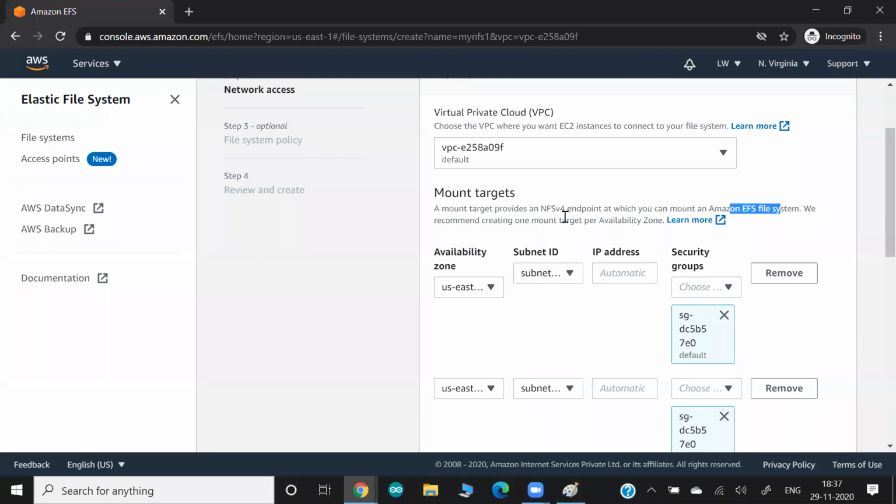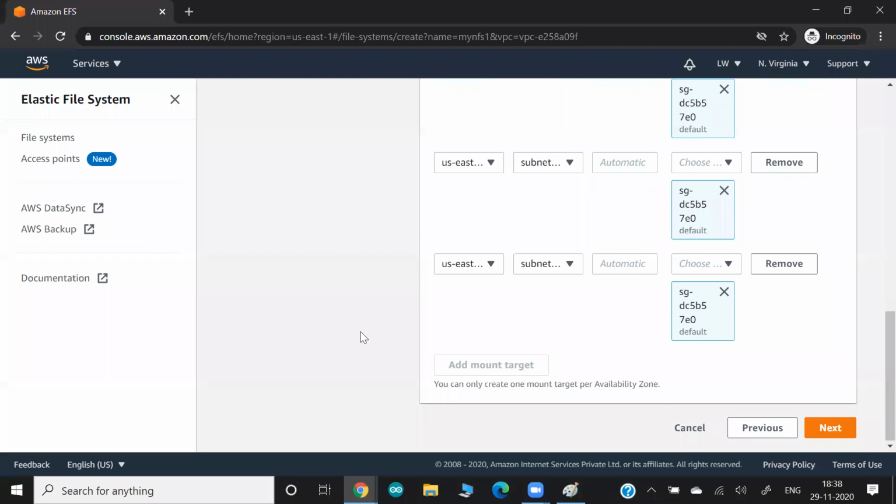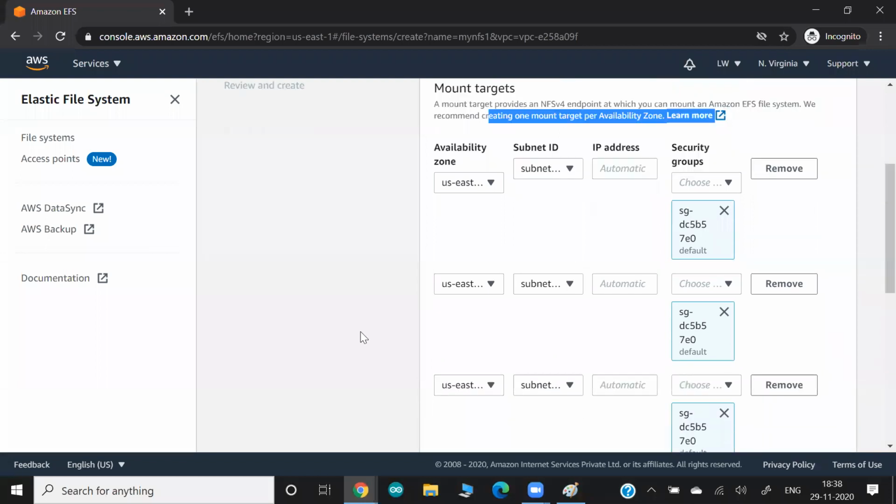And they also recommend one mount target for one AZ. You can create multiple in one AZ as well, you can add multiple here, but they say at least one is required. This is one thing. And the second thing is,